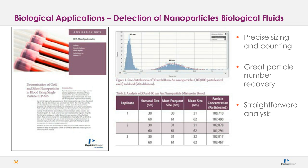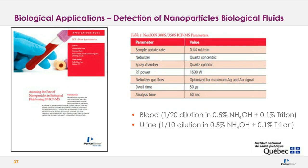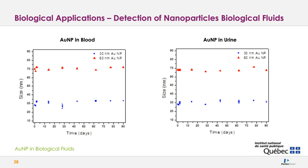The second application note that we worked on was with SPQ, our collaborator in Quebec, and we actually started looking at the long term. We'd like to look at what's happening to the nanoparticles in those biological fluids. So two things we've actually started working on. The first thing is we looked at the long-term behavior of gold